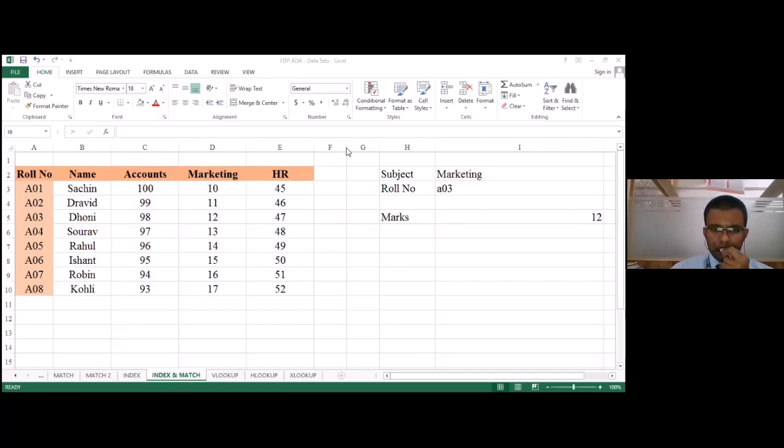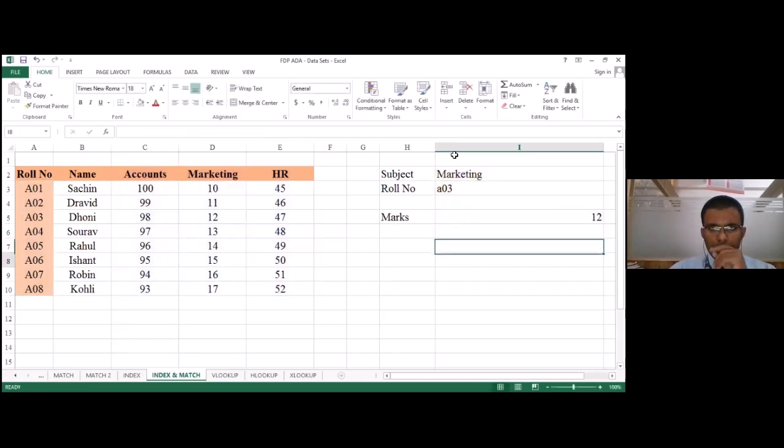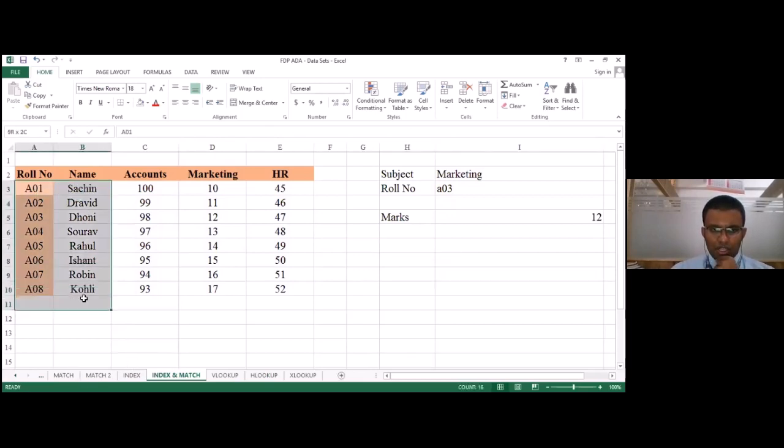Sir, first I had a doubt about that 0, but you explained it in the last case. One more thing: in case of match, we are taking only one column of information. Is it possible to take more than one column in the match formula? Match, ma'am. Actually, you can define an array. Okay, you can. But the thing is,